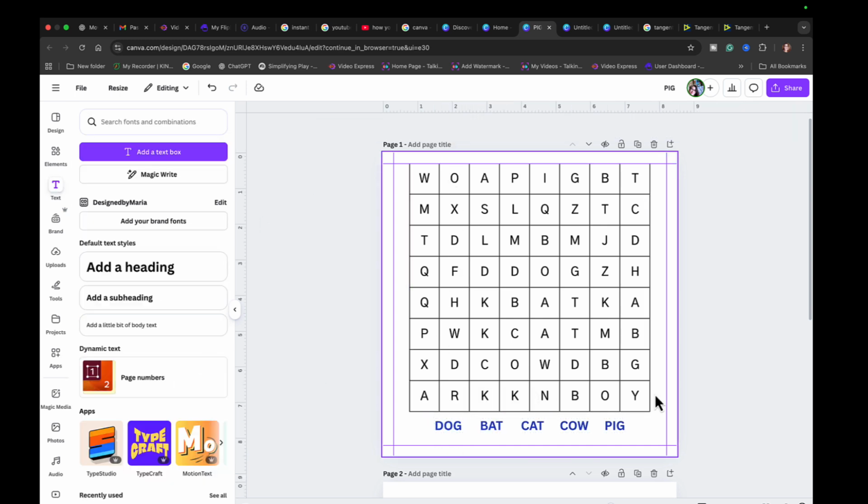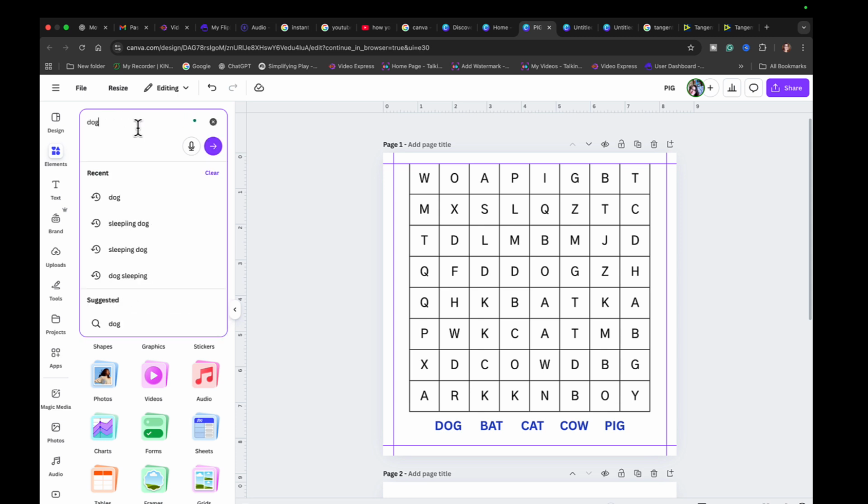So what I'm gonna do next is I'm gonna put some images of these words, because kids cannot read yet. For 3 years old to 5 years old, they don't know how to read. But if you put some visuals here, like images of the dog, bat, cat, they already know, oh, okay, this is a dog, this is a bat. Okay, so to do that, let's go to elements